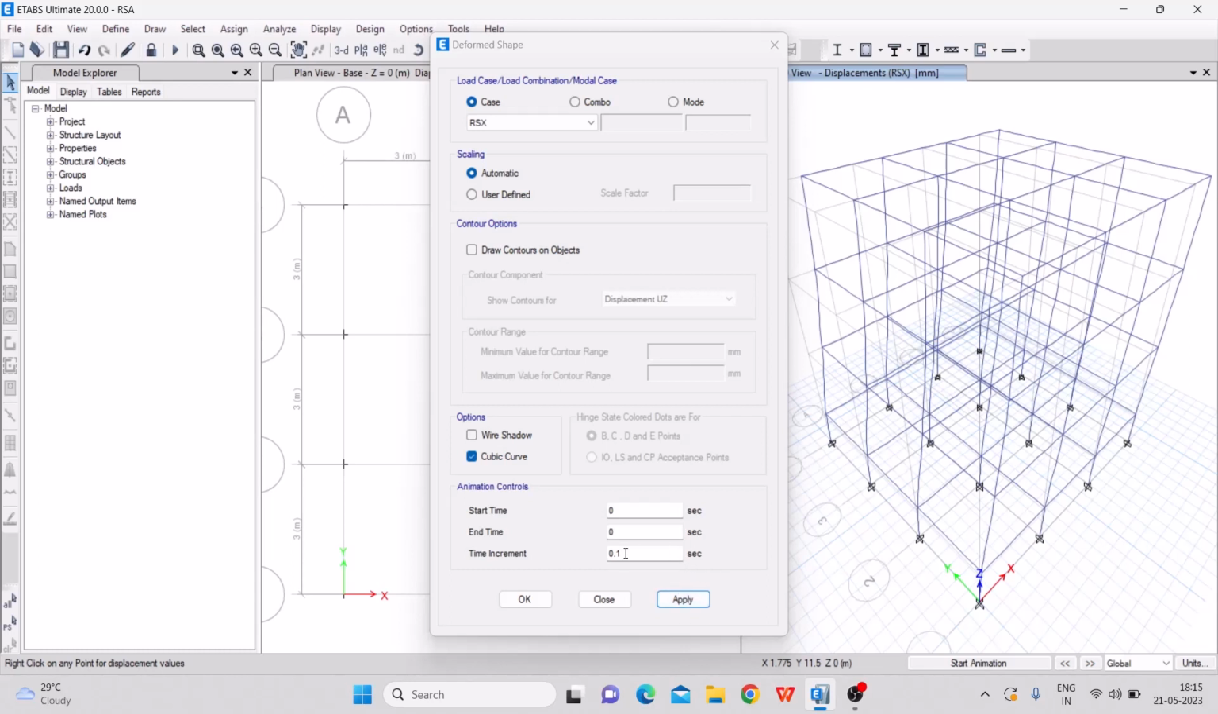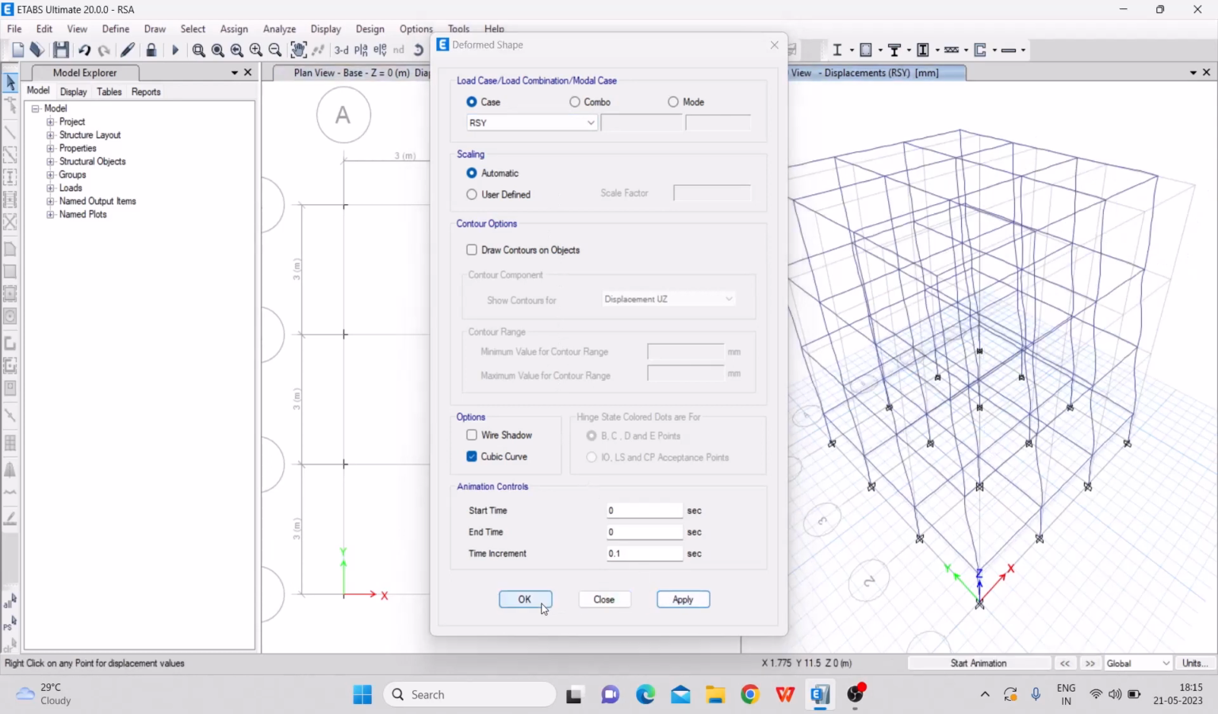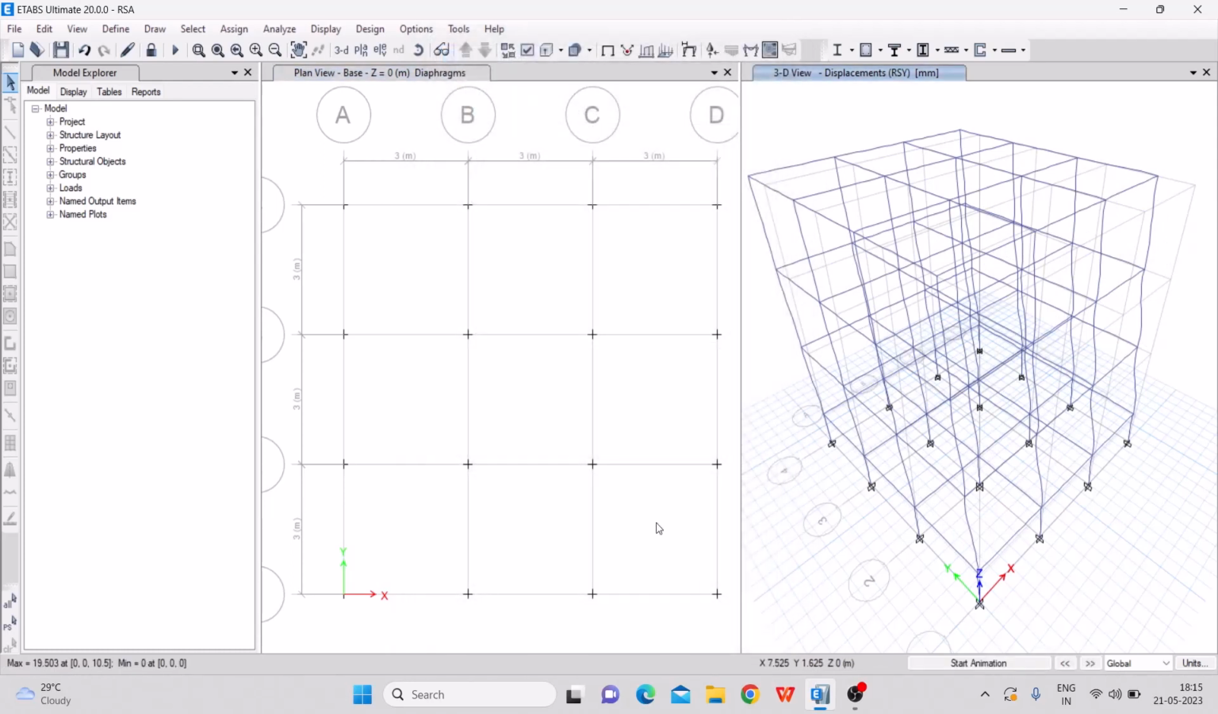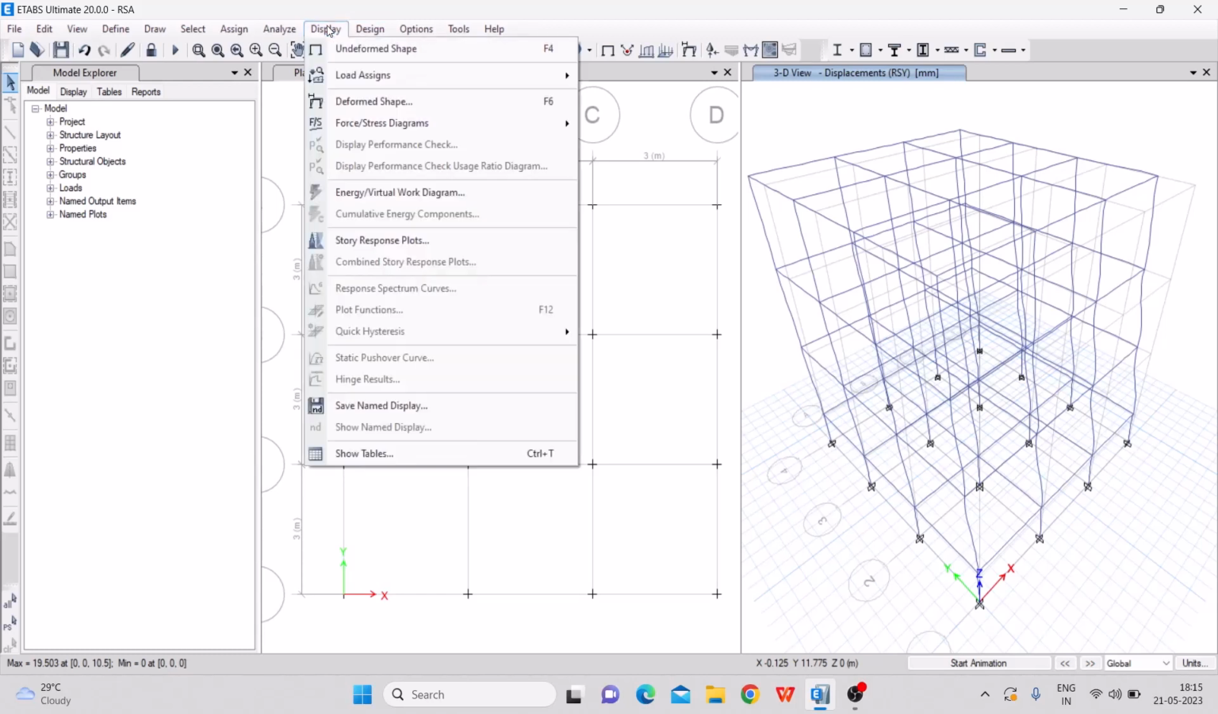And similarly, we can see the reaction of the building with the response spectrum condition in one direction here. Now this is the deflection diagram and displacement diagram, and to look at the bending moment diagram and shear force diagram, we'll